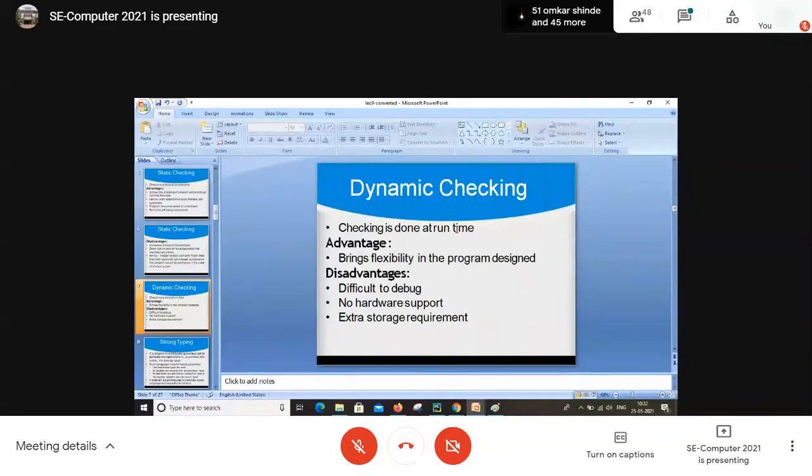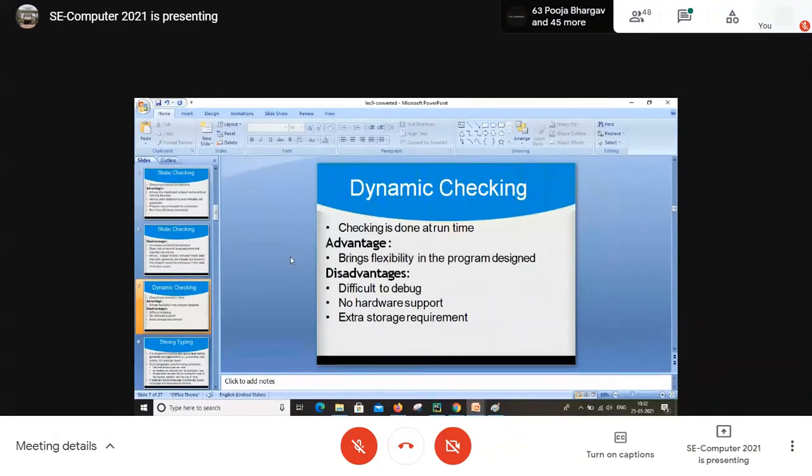As I said in the practical session, we have to mention root is equal to null. We have to mention start point is equal to null, because I have to start from null. I have to start from a very basic address, that is 100, or we can say initially 0000. Now, it gives more flexibility as the program is designed. As we already know, there are two types, static and dynamic. Linear data structures have so many disadvantages, while non-linear data structures have very few. That's why dynamic checking is always a good option.